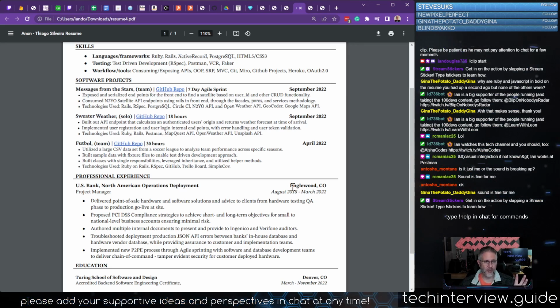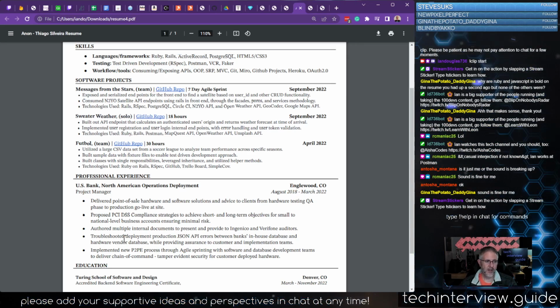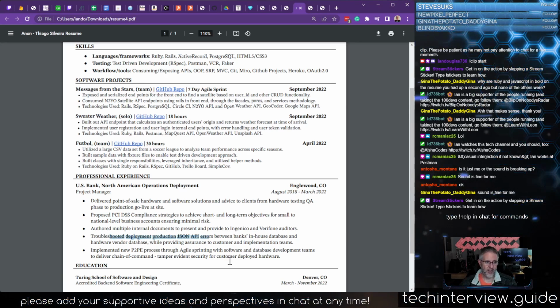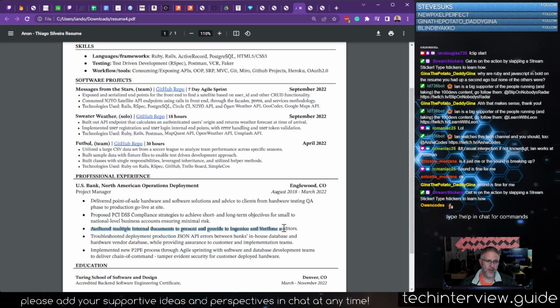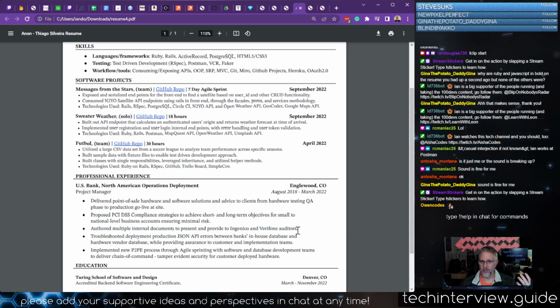It's good to show the relevance. It's good to show what you've got on here. The fact that you're also doing JSON API stuff is important, but I would probably leave that kind of stuff on there, agile and sprint planning and so on. But is it important to tell me that you're doing internal documentation for these 2 auditing companies,